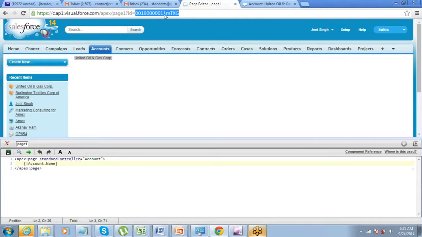Jeet, is there any document or material that we can refer to for the syntaxes of the Apex? Syntax of Apex or Visualforce? Yeah, like Visualforce. Syntax of Visualforce. There is a document.